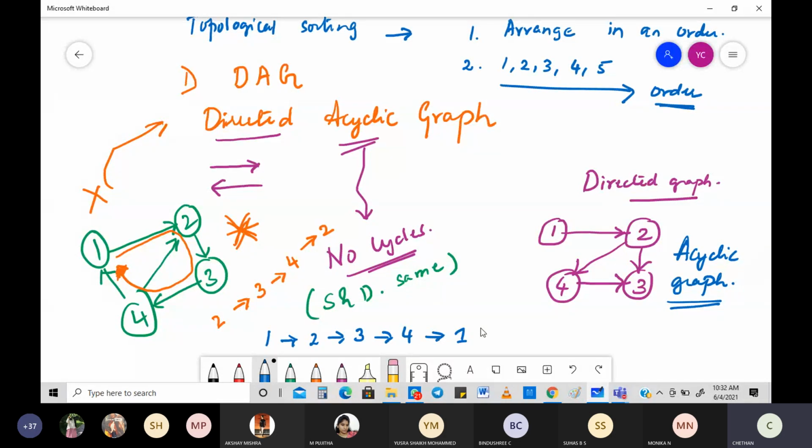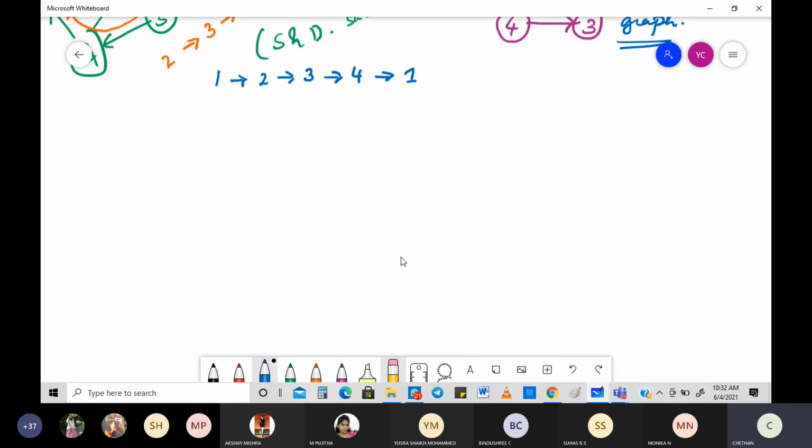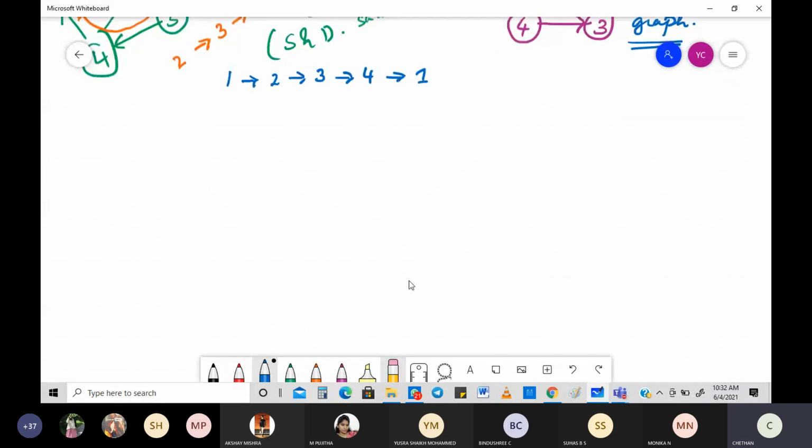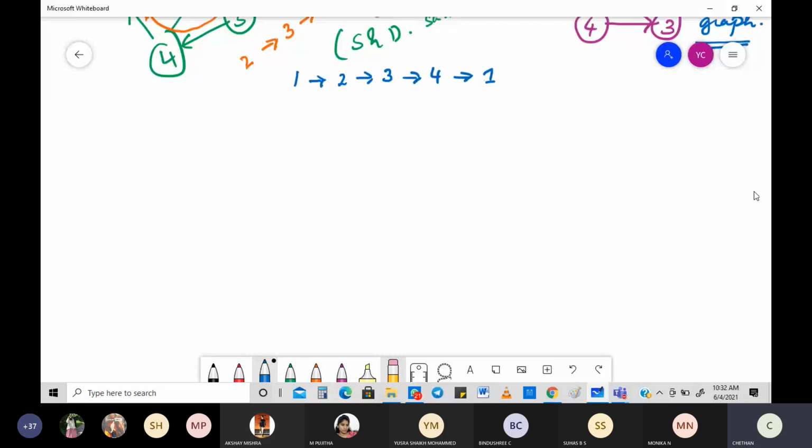We are going to figure out a way of working through this, and a way of thinking about this. The first method is the source removal method. As the name suggests, there is something to be removed here. Removing means decreasing. So the first method I'm talking about is the source removal method.